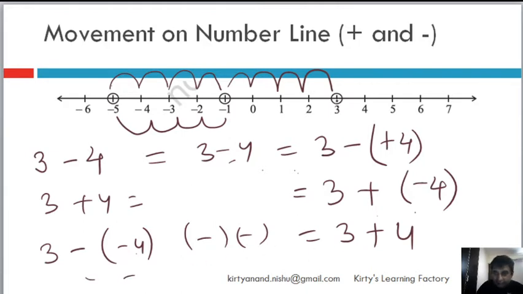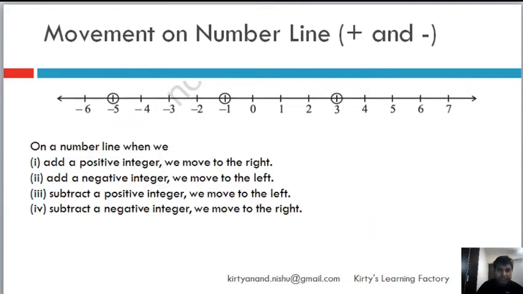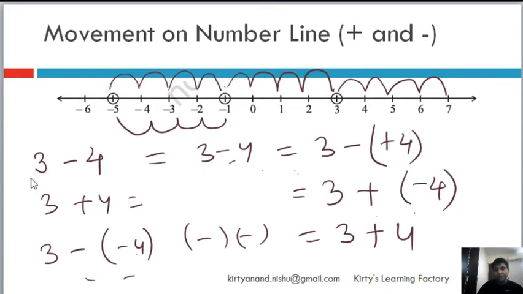So basically if we are at 3, and if we had to remove 4 from it, then we will remove 1 2 3 4, right? But now we have to remove not 4 but negative of 4, which means we have to add 4, so it will be 1 2 3 4, which is why it becomes like that. So understand that, and for details just go to the previous class 6th video and please see the video.